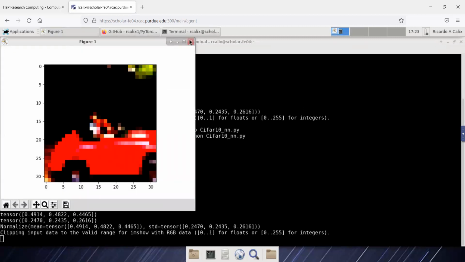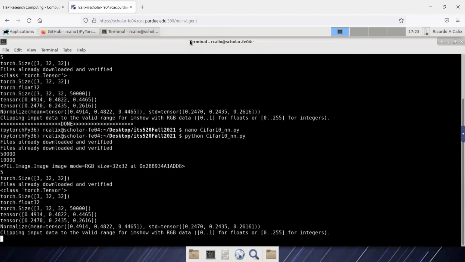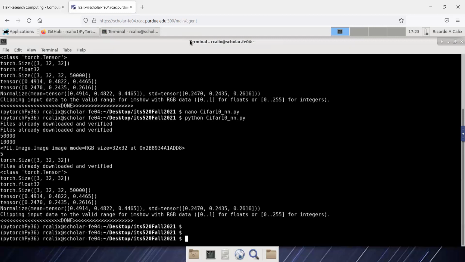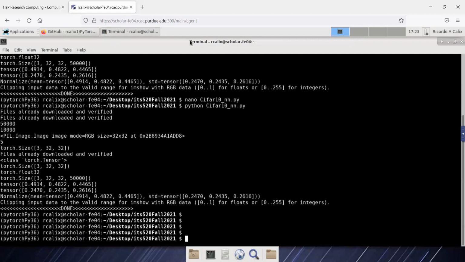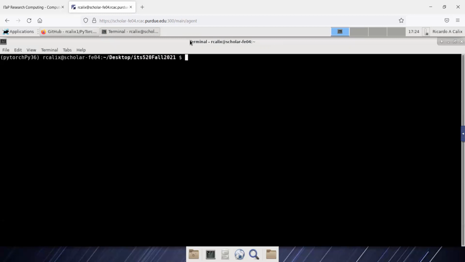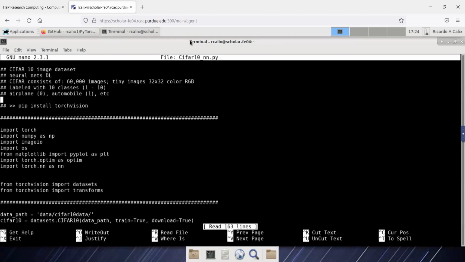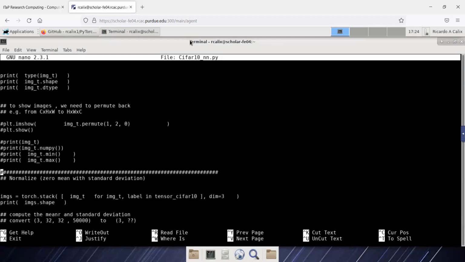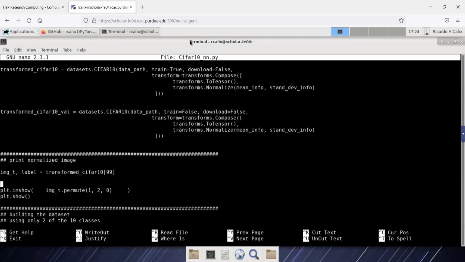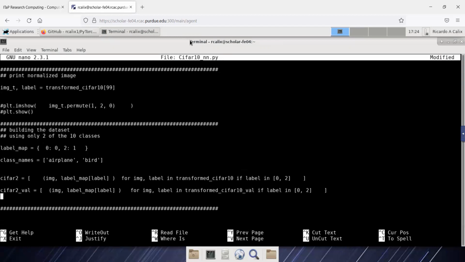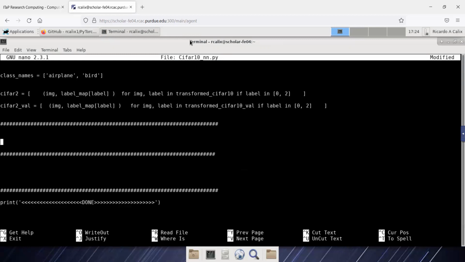Oh, and then we need to deactivate that. All right, and it executed correctly. That message there, clipping input data, is related to imshow, so I'm not so concerned about it. So let's deactivate this and that. All right, so now here,